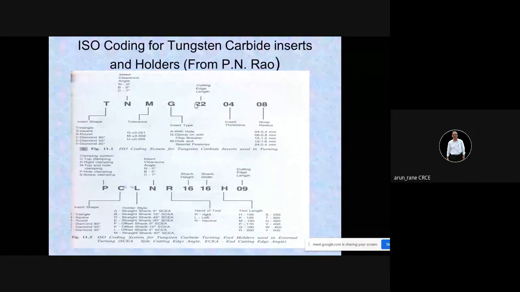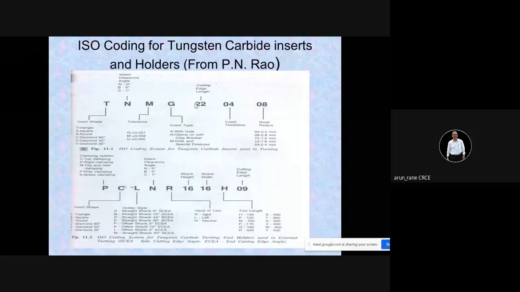You have to send that insert for the regrinding, and you need to either change the insert or index the insert. So in such a case, if you index the insert or replace the insert, then you are not supposed to take the tool offset again.